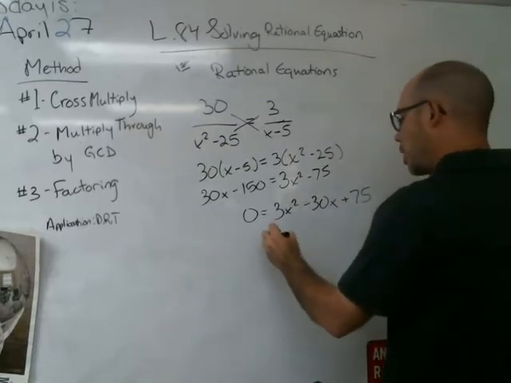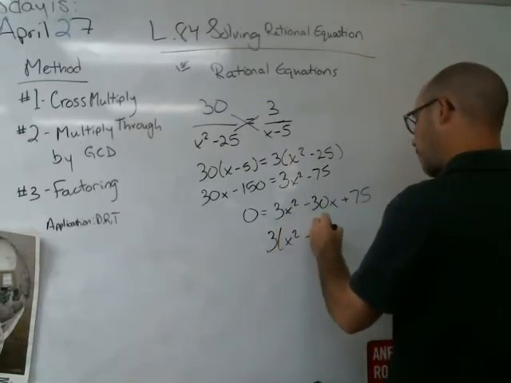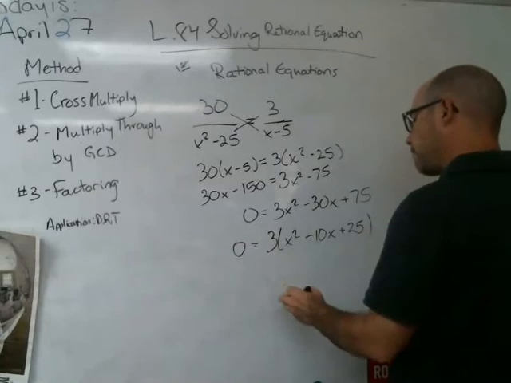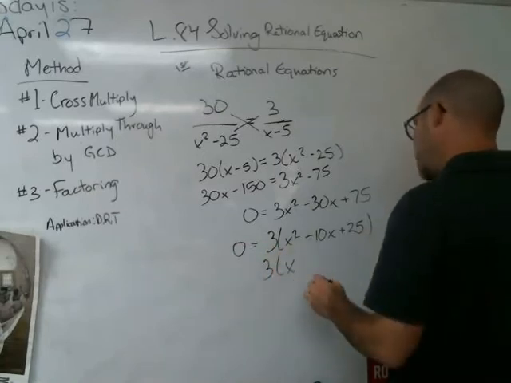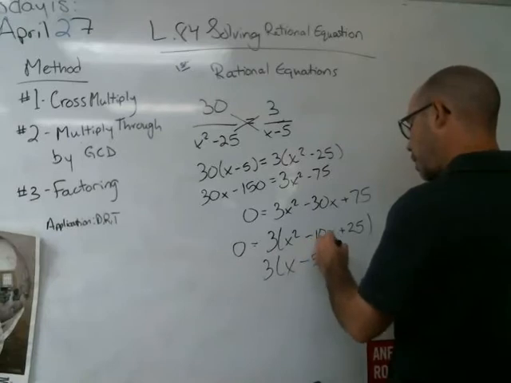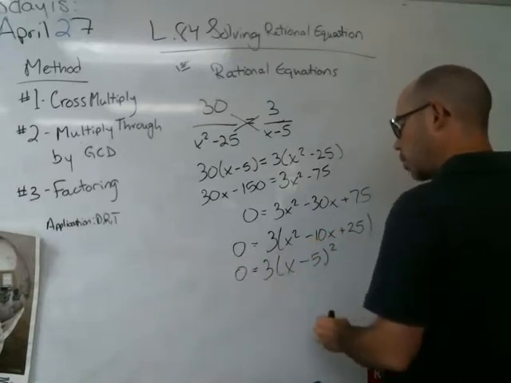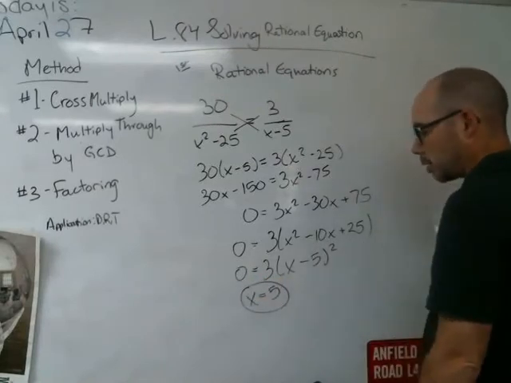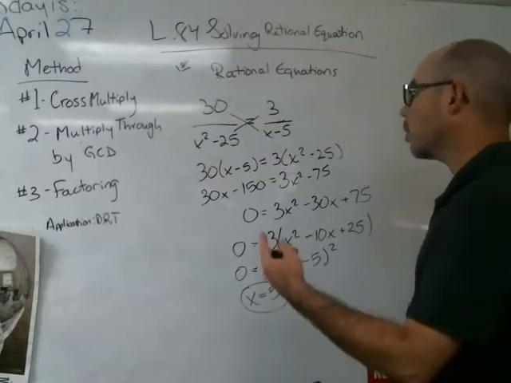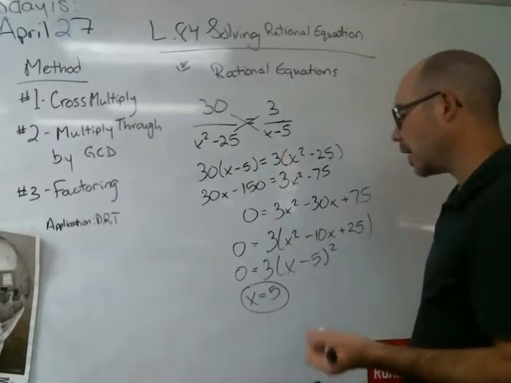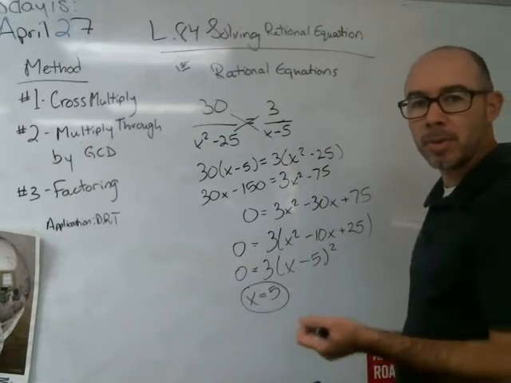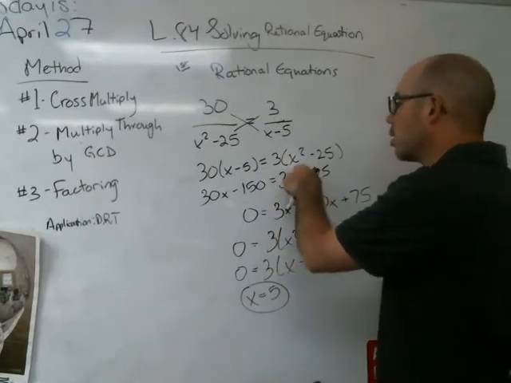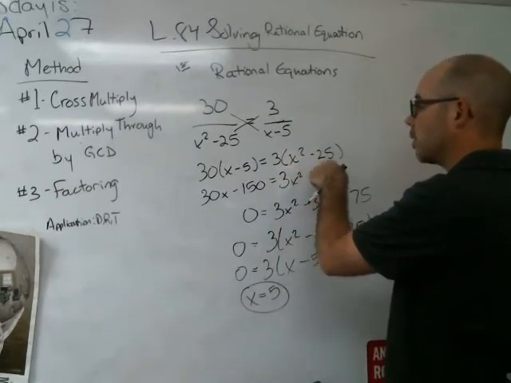Everything's divisible by 3. That's a perfect square right there, isn't it? I believe that is x minus 5 squared. And so 5 is one of our answers for x. Now what's the other one? Well, looking back at the original equation, negative 5 would make this thing equal 0 as well, right? Negative 5 squared minus 25 would also